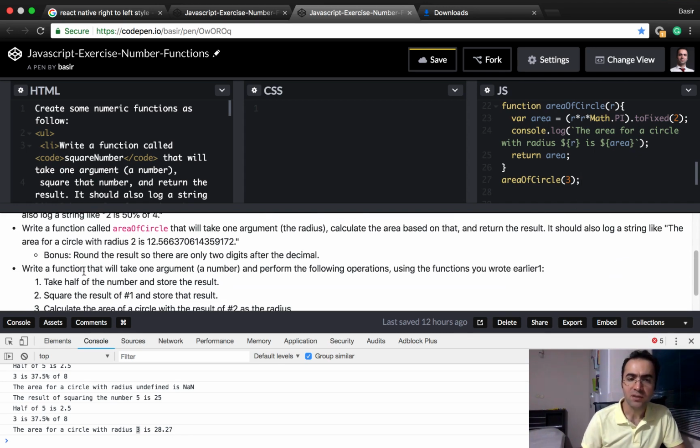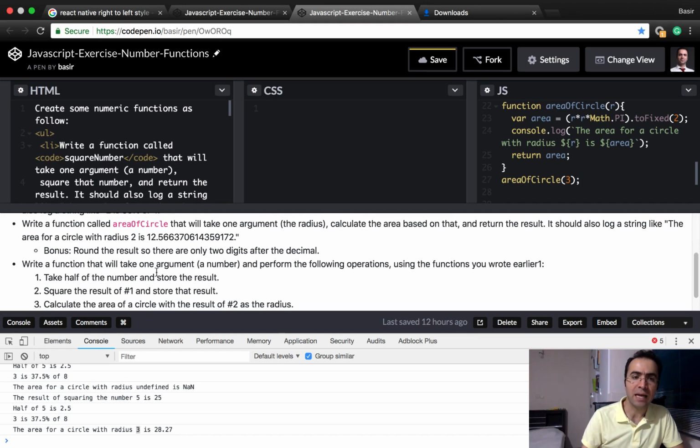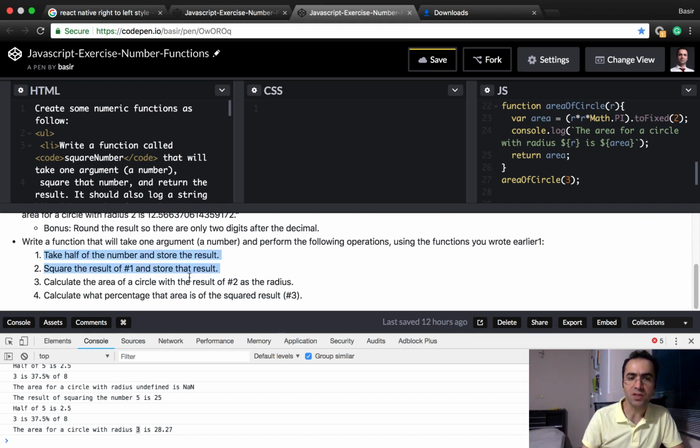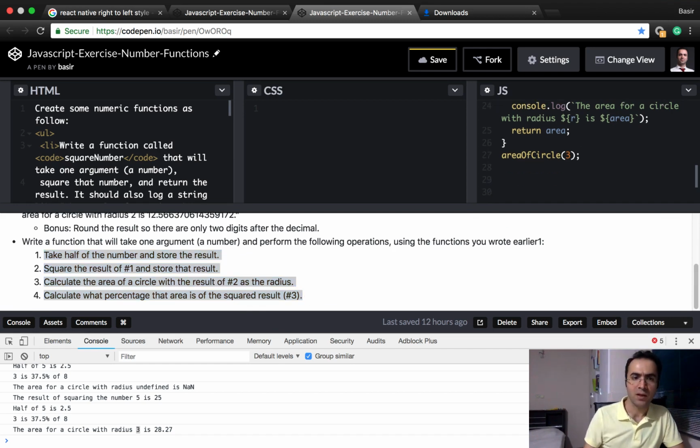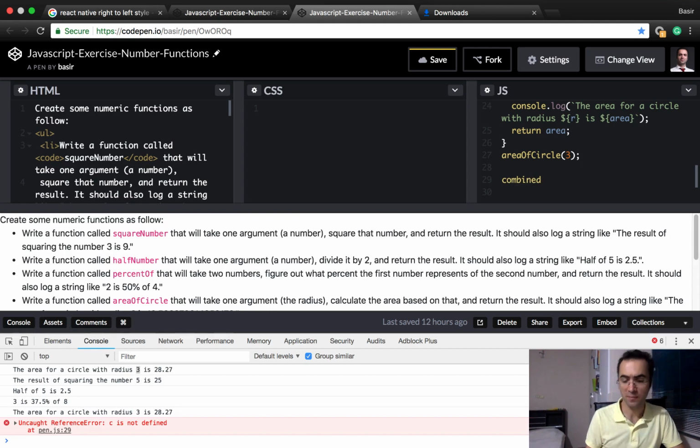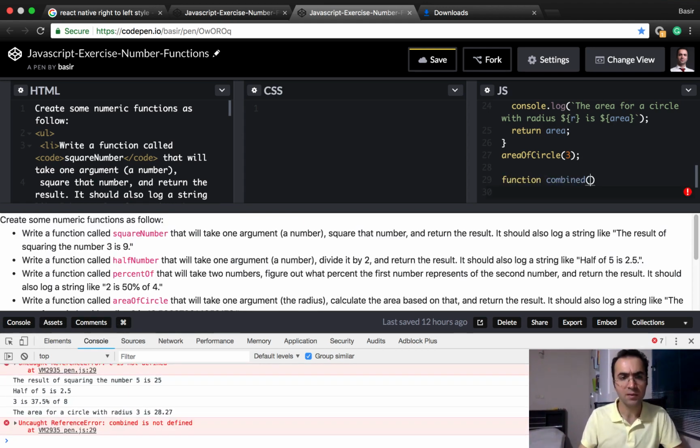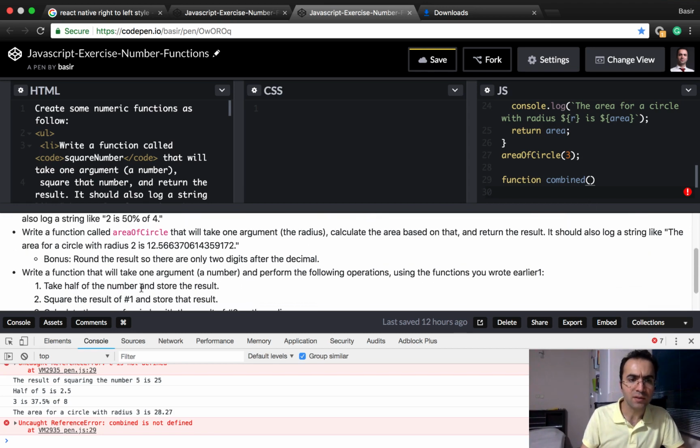Let's solve the last question, which is to write a function that takes one argument and uses the other functions defined above. Very good. We name it combined. This function takes only one argument. I set it to num,